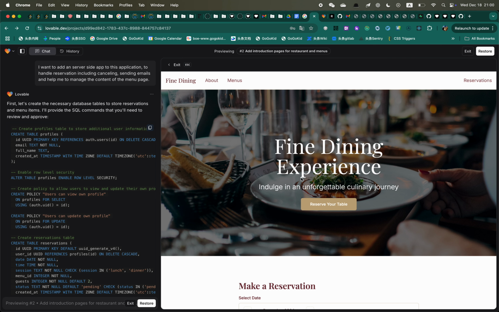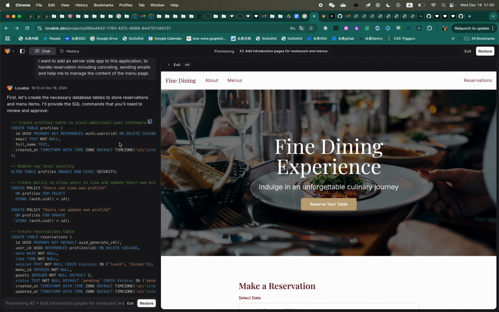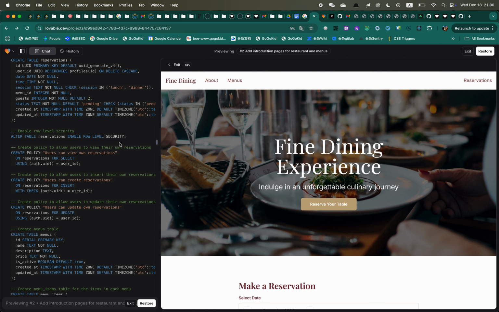And here I continue my experience using Lovable, especially on the server side. Here I start to add the server-side application to handle the reservation, including canceling, sending emails, and helping me manage the content of the menu page. When I send this to Lovable, they give me a lot of SQLs,